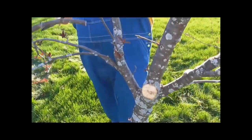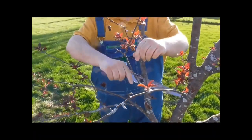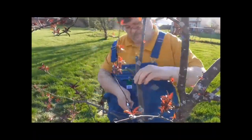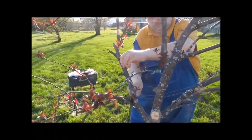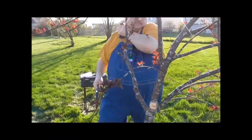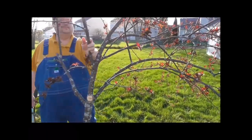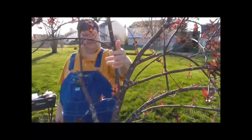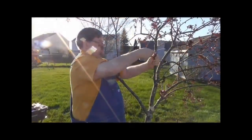No, we may change this later. Right now I'm leaving this in case we want to graft onto that. This limb up here, we don't need it that long. You know what? Some of these